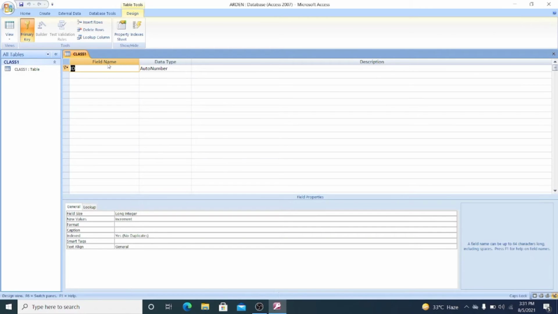Here field name means the name or the heading of the field. Like suppose if you want to insert the name of the students, then the field name must be name, and if you want to insert the class and the roll number of the student, then the field name must be class and roll number. Data type defines the type of data that can be contained by a variable. Suppose the name of your field is name, then the data type of that field will contain character values, and the description should describe that particular data item that can be contained by the field.